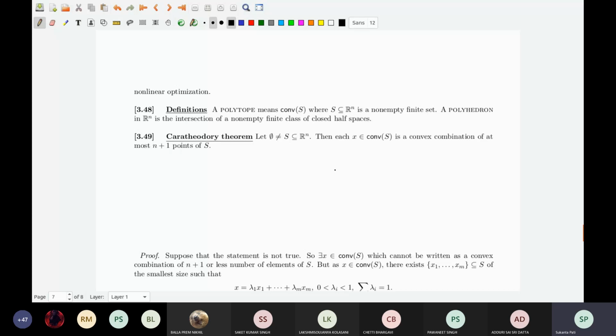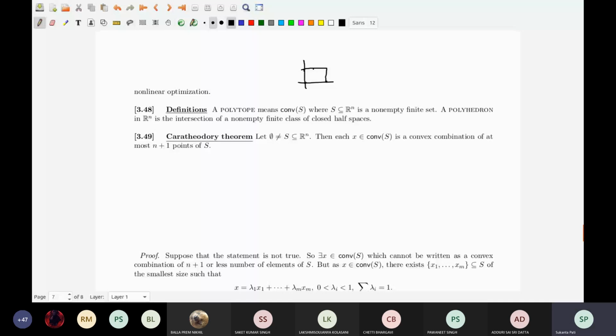Okay, for example, is our favorite set a polytope? Now yes, our favorite set is a polytope because it is a convex hull of 0, E1, E2, E1 plus E2, and E1 plus E2 by 2 also. It is a finite set. Anyway, it is a convex hull. Is it a polyhedron? Now yes, it is a polyhedron.